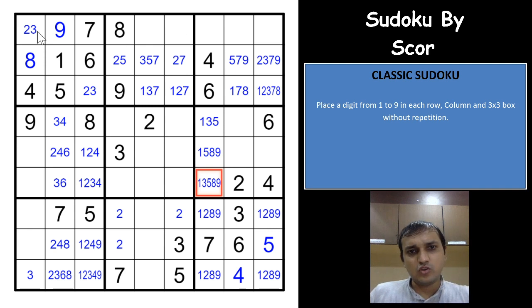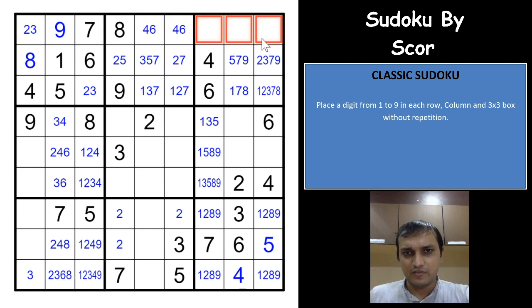Okay, if you see this row, both 4 and 6 would have to be in this row. So now you get 1, 2, 3 and 5, right? 1, 2, 3 and 5. You get a 1, 2, 3, 5 quadruplet here because of the 4, 6 hidden pair here.